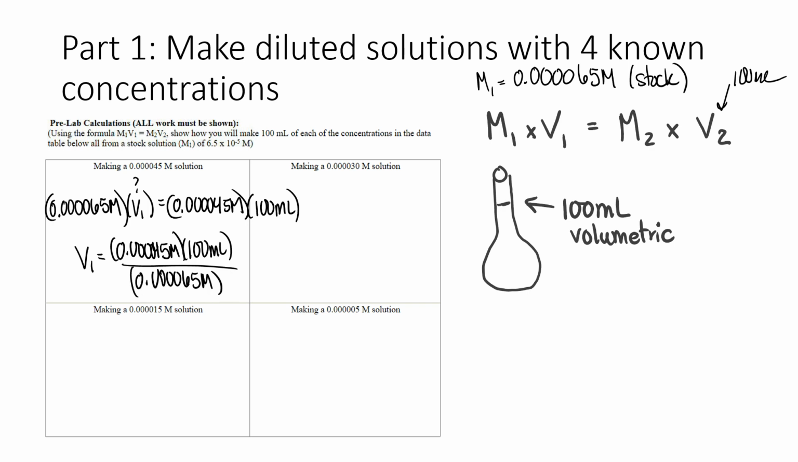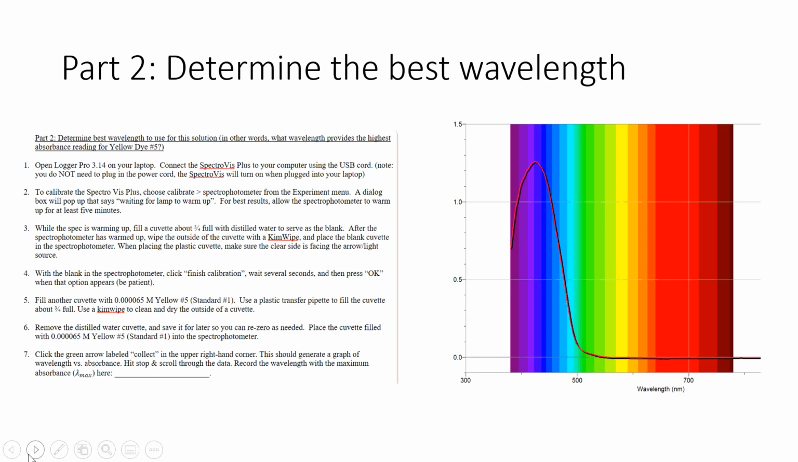This yellow dye number 5 is pretty potent. You don't need very much of it to turn the solution pretty yellow. So you're gonna calculate what volume you need. You're gonna make your dilutions. And then part 2 of the lab, and this is what it looks like in the directions in your lab book,